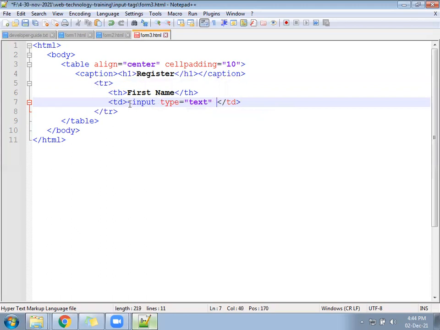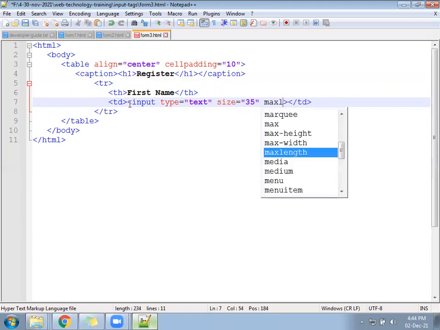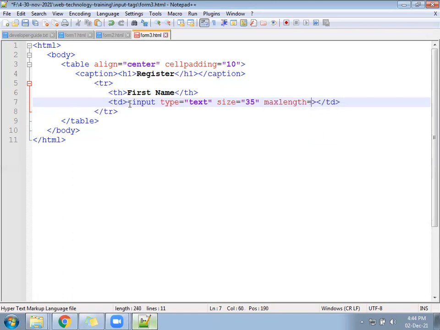Keep the size also, give something like 35, and after that max length also, suppose 15.